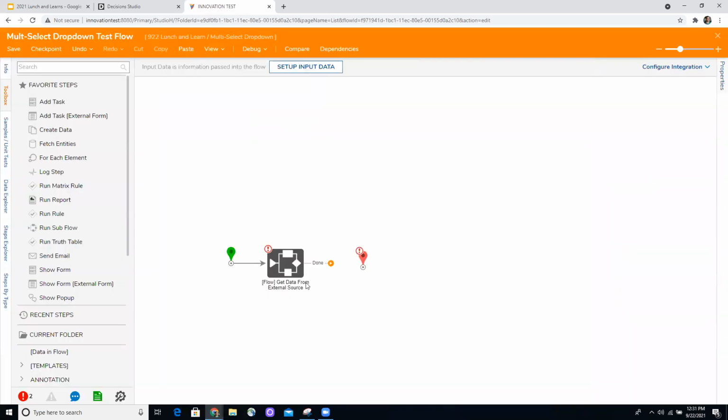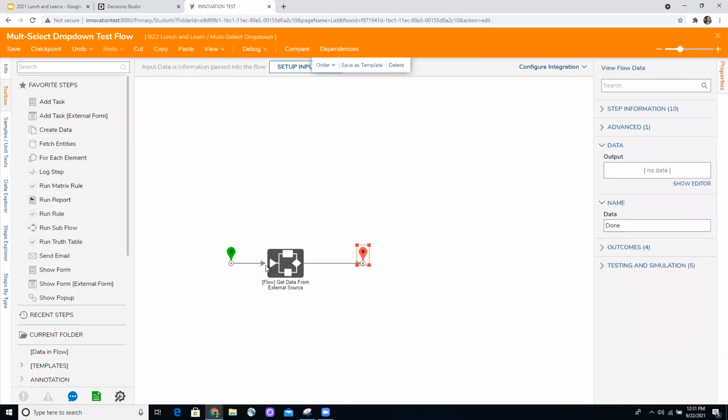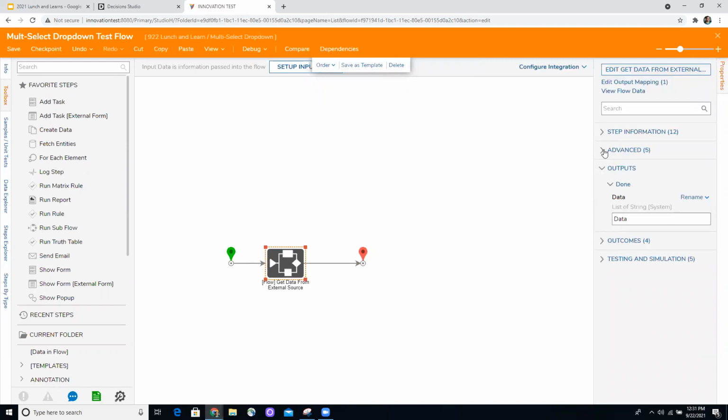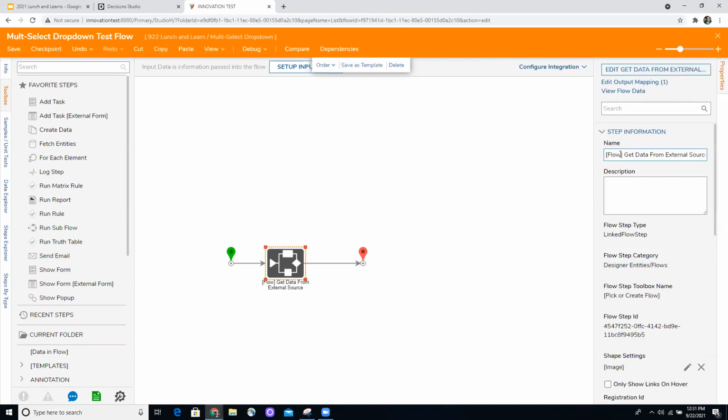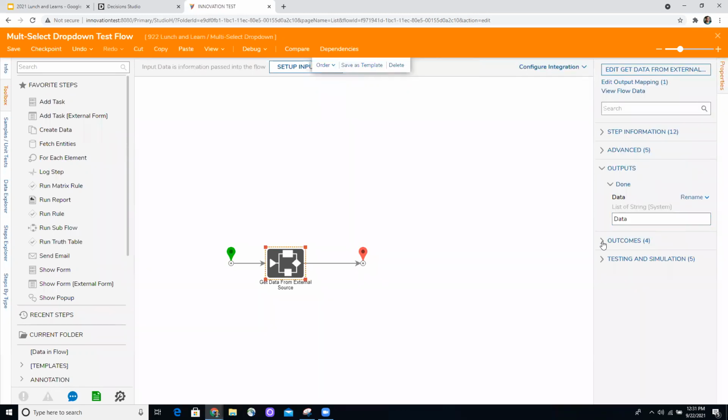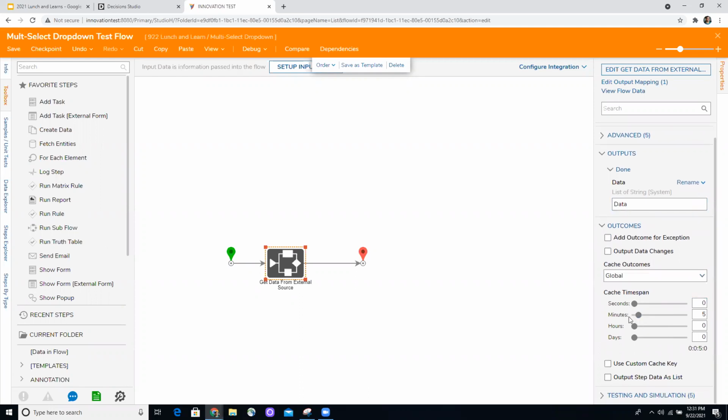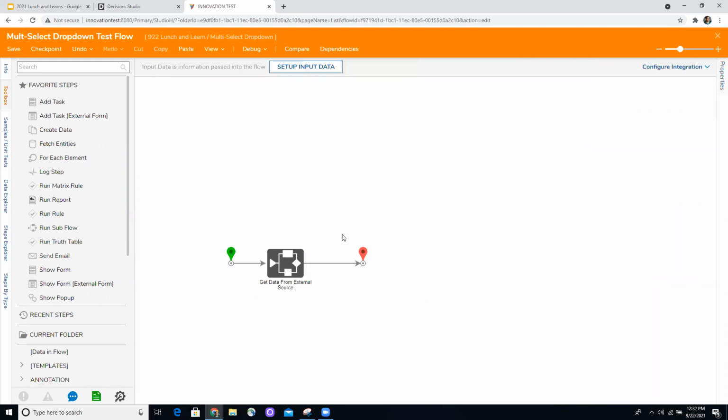And so this flow that we just made, that's the flow that you're going to put on your scheduled job. So you're just going to plug that in as well, right, and just have this reproduced. So I am going to get rid of this first. This bothers me, but okay, cool. So now we're going to go to outcomes and cache outcomes here. And you can do global, and we can specify how long we want to retain the data for. And let's just say we're retaining 24 hours. Well, it's going to default us to 23 hours and 5 minutes. But that's all you have to do.